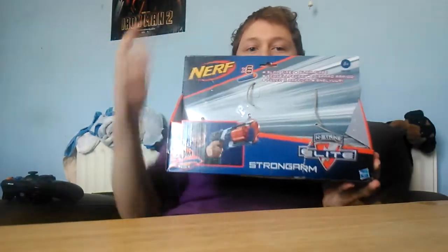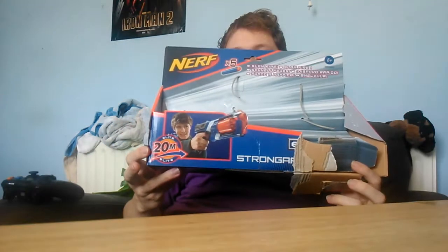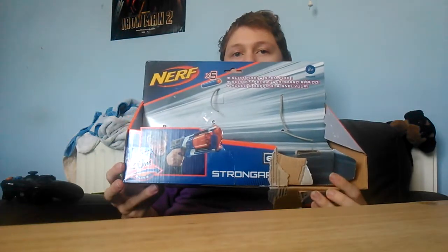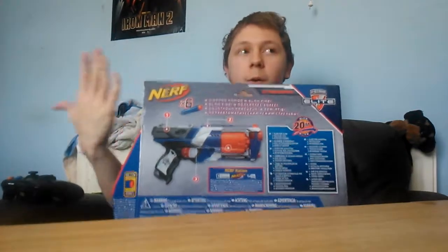Obviously, of course, this big void here is where the gun would be. There's a small see-through panel here, where the 6 pellets are stored. And of course, on the opposite side, you've got the product shot, and the claim that the pellets can be launched up to 20 meters. On the back, it's much the same. You've got the product shot, you've got a little bit of detailing. Once again, the box advertising that the pellets can be fired up to 20 meters, and so on and so forth. We saw this with the box for the Fire Strike. But nonetheless,